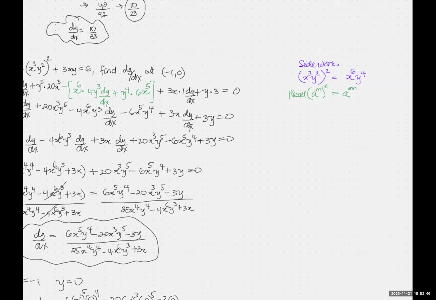implicit differentiation. I think you get the gist of it. You have the gist of it. What I want to do is